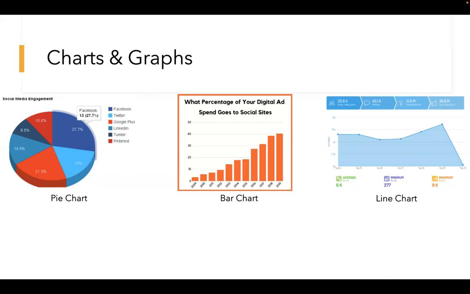You get to really kind of see things from a whole perspective. So, for example, this pie chart that I have talks about social media engagement on different platforms. So obviously, since Facebook takes a bigger area of the pie, it means that it has higher engagement. And this can really help you figure out, for example, using social media engagement, which platforms are the best ones for your audience and which ones they interact with you more